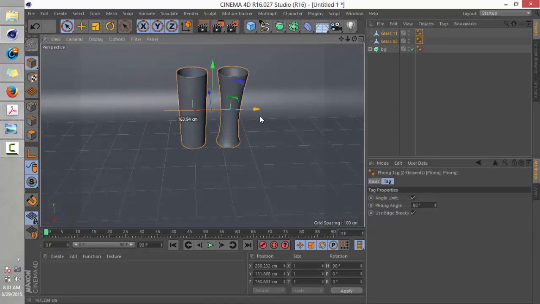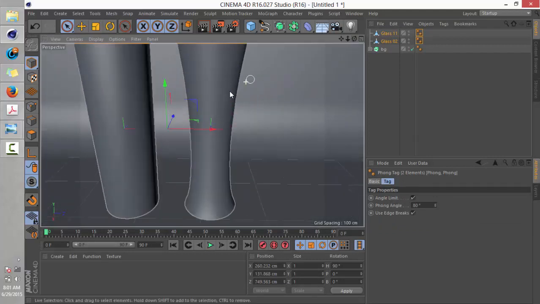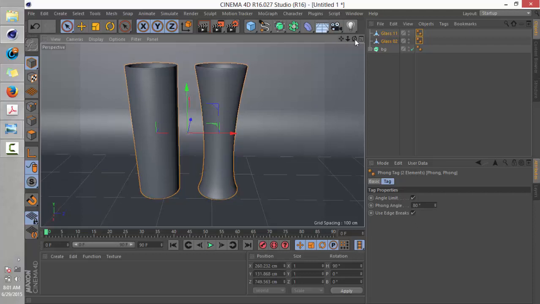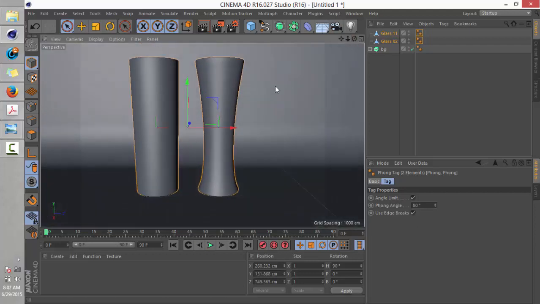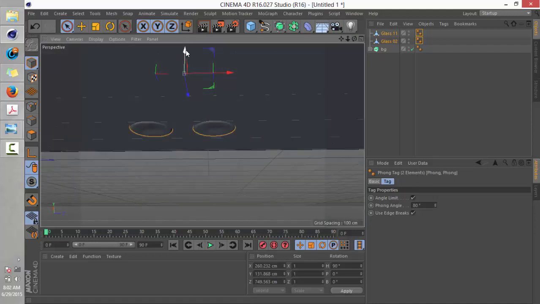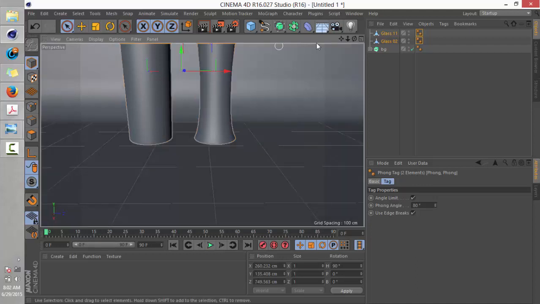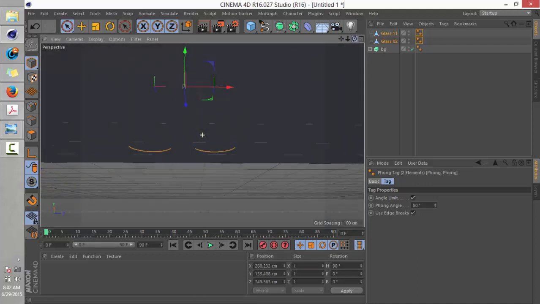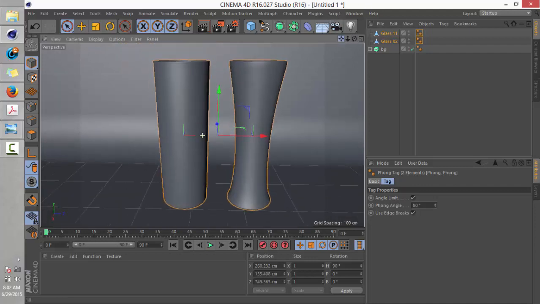Okay. So this looks okay. I don't know if they're, just lift them a little up. They should be touching the background. Okay. So